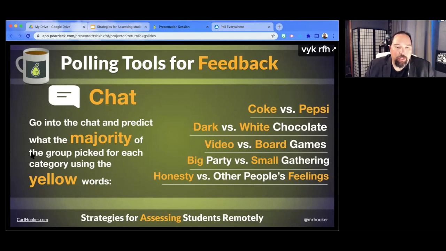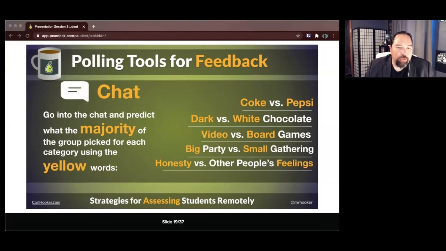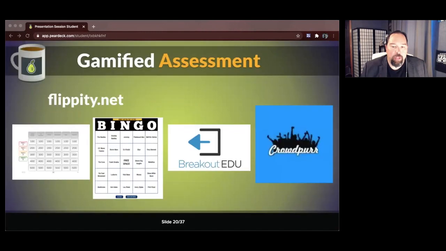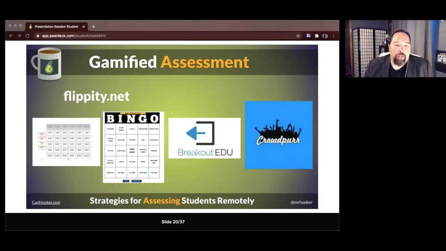I'll go back over to my student responses here. And why do I not just give them a poll in the chat? You could totally do that, guys. I mean, I could send them to Poll Everywhere or pollev.com, and then give them another link. But why not, if you already have them in an interactive tool like this, keep them in this tool as well? So a couple other ones that I'll mention as we kind of move along into the presentation